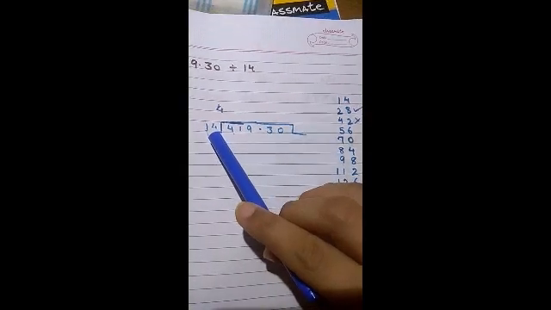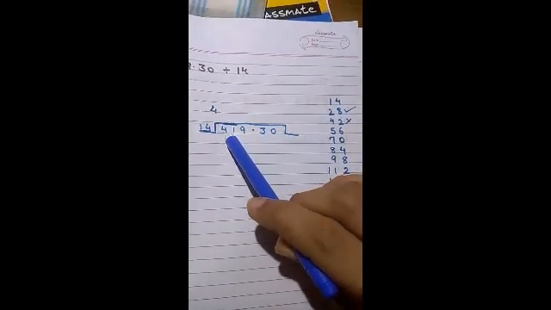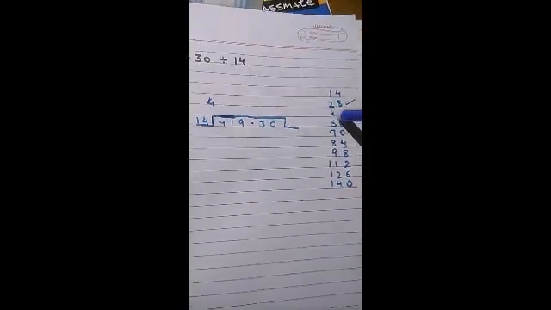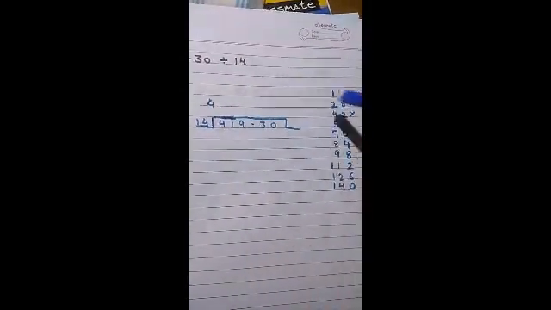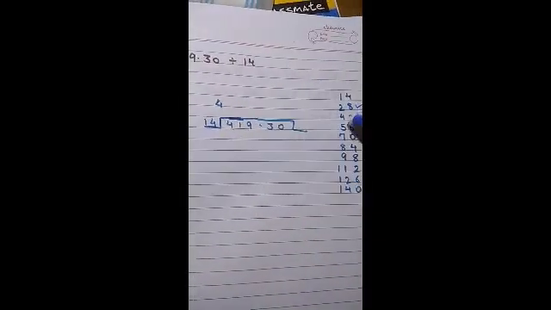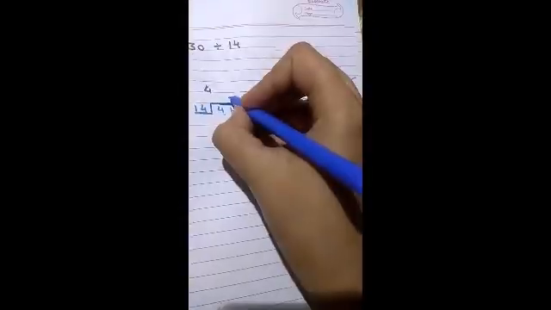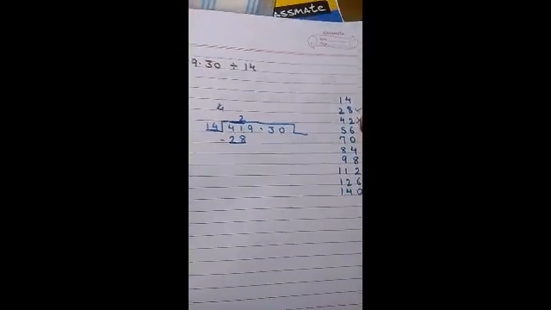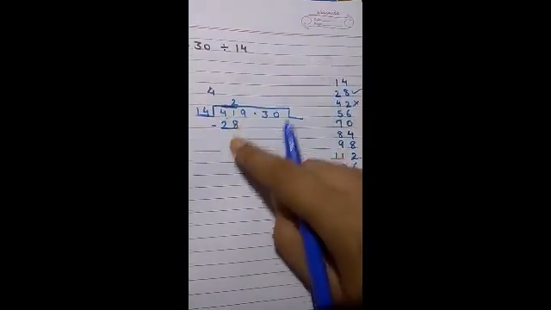4 is smaller than 14. So what will we take? We will take both digits. We will say the table of 14 until and unless we reach 41 or any other number bigger than 41. 14 1s are 14, 14 2s are 28, 14 3s are 42. So when we reach 42, we stop. But can we take 42? No, it is bigger than 41. So we will take the previous number, that is 28. So I'll write here 14 2s are 28. We cannot take 42 because it is bigger than 41, so we take the one before it, 28. Okay, 14 2s are 28.